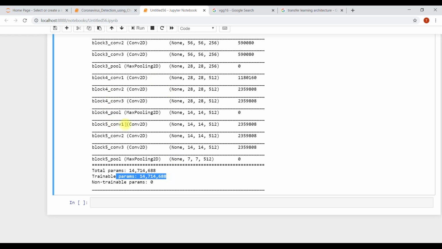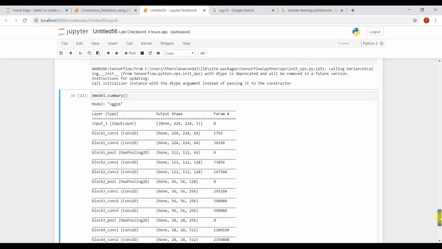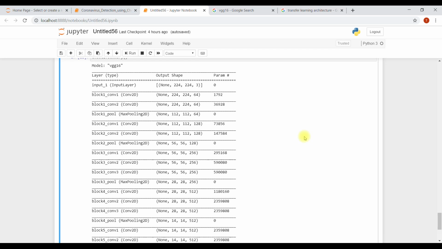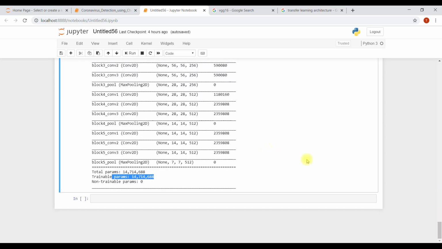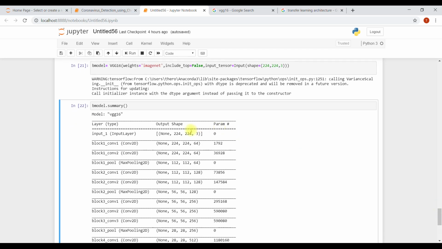These are the parameters, weights and biases. If you go through the basics of CNN, you will understand what I am saying about weights and biases. Total parameters means, just multiply this and you will get your answer.